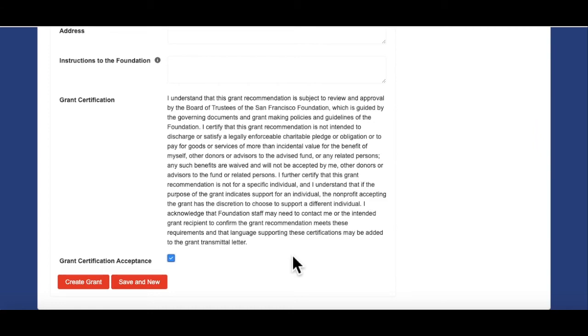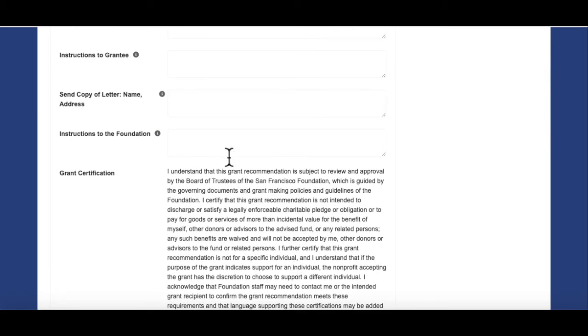A note regarding requesting ACH setup. You may do so in the Instructions to Foundation field, but please remember, do not send bank details to the foundation. We will request this information directly from the grantee for security reasons. Unless specifically requested to only send a grant once ACH has been set up, the first grant will likely be sent by check and sent via ACH in the future once instructions have been confirmed and verified by the receiving